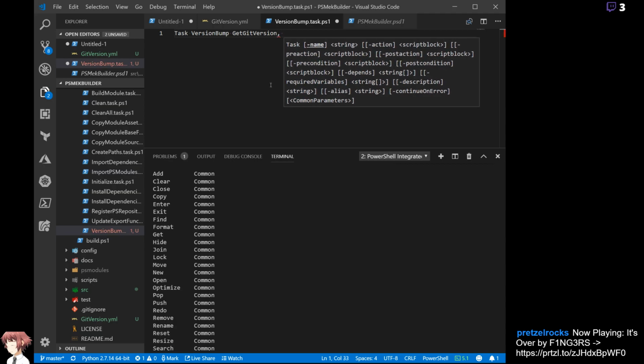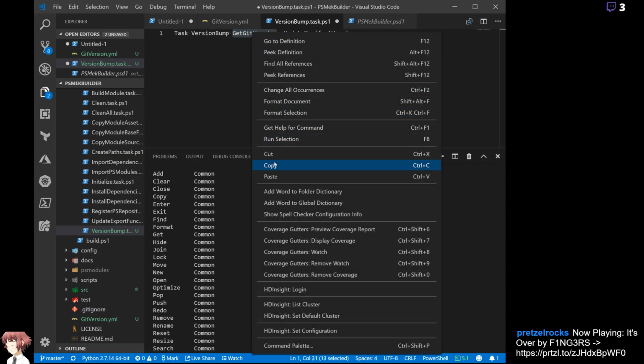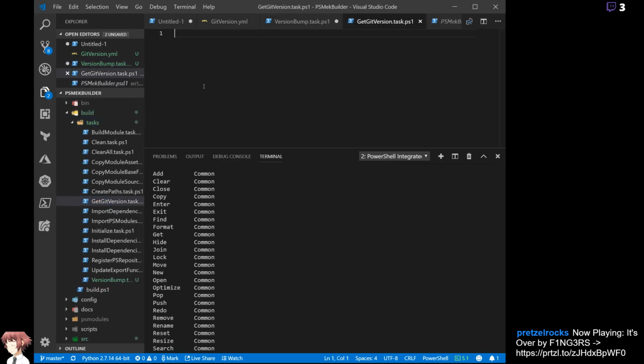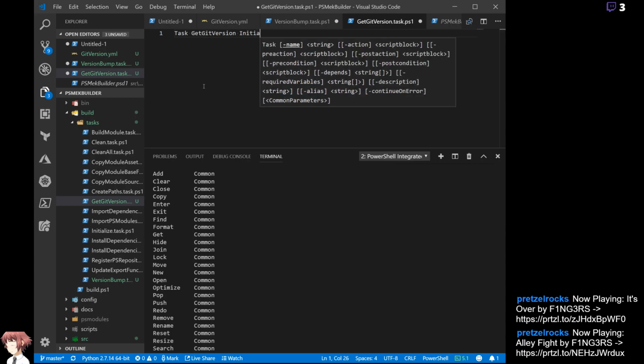And then the other task is to update manifest version. So version bump will call these two tasks, so we need to create them. So task, we need initialize to run, and then